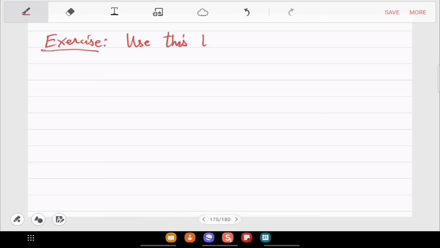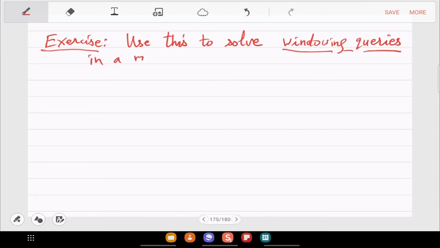So use this to solve windowing queries, let's say in a map. This is the feature which is zooming in Google Maps or Google Earth.